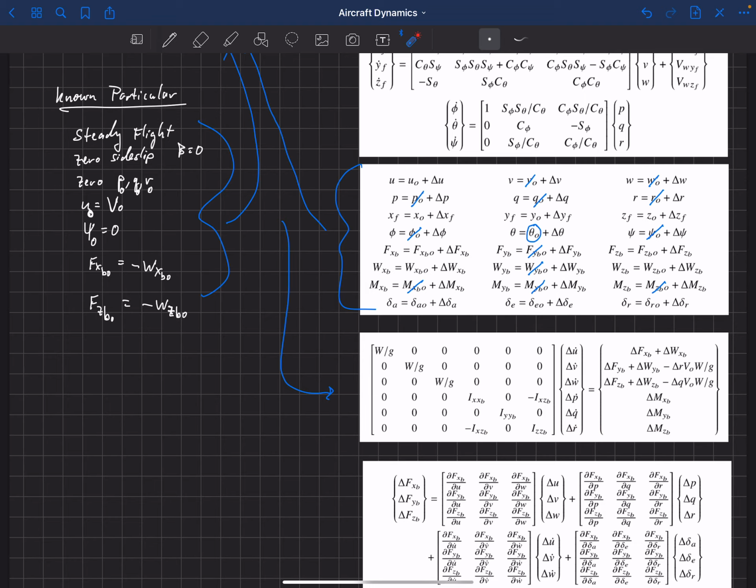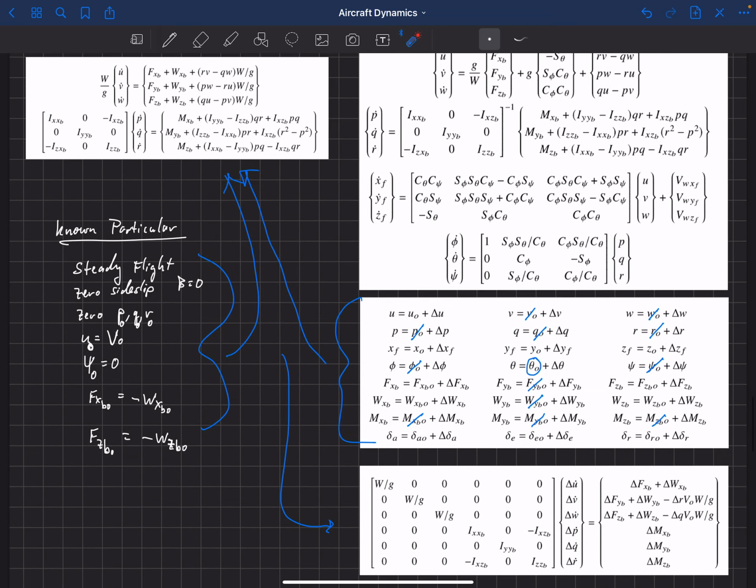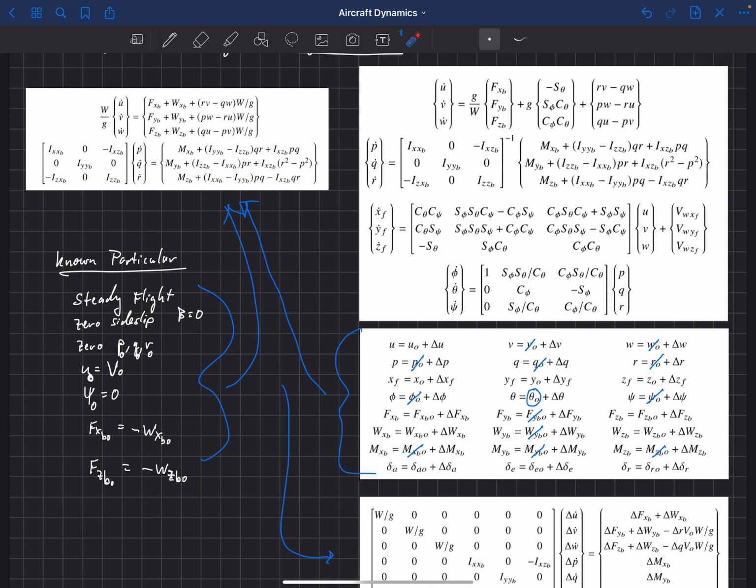Another thing that we've dropped to get to this point is any second order terms. So let me show you what I mean by that. For example, let's look at these terms right here. If we come down to our definition of R right here, we've got R naught plus delta R. That's what we're going to plug in for R right there, but R naught is 0. And then that's multiplied by V, so we're going to multiply that by V naught plus delta V. Well, V naught is also 0. So when we multiply these together, R times V, what we actually get is a delta R times a delta V.